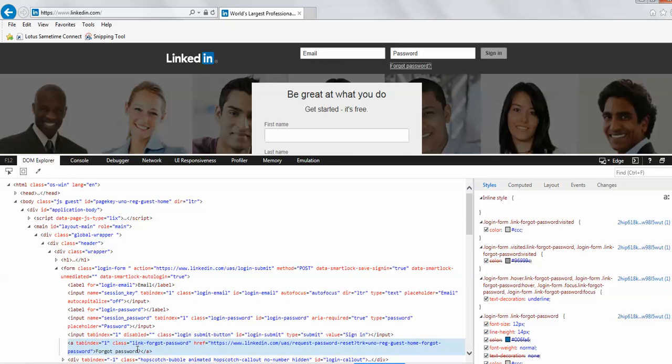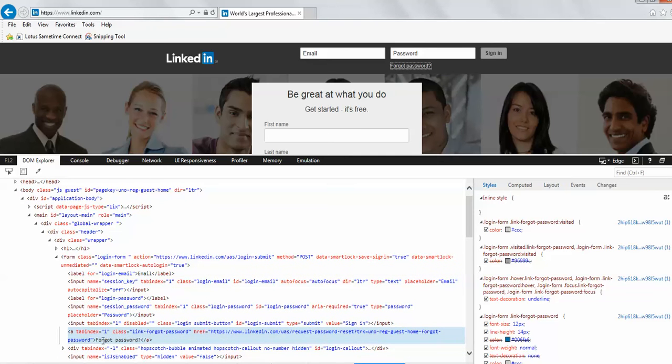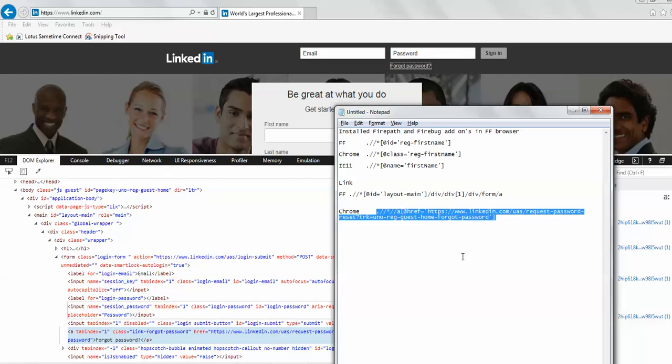identifier, and when I clicked on forgot password, I got something called forgot password here. You see the text forgot password. So we know that this particular element or link has got text forgot password. So let us try to identify it using its text, IE11.